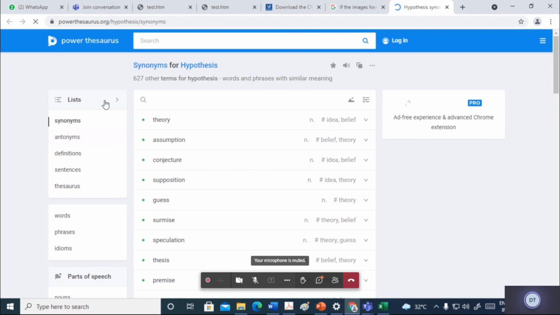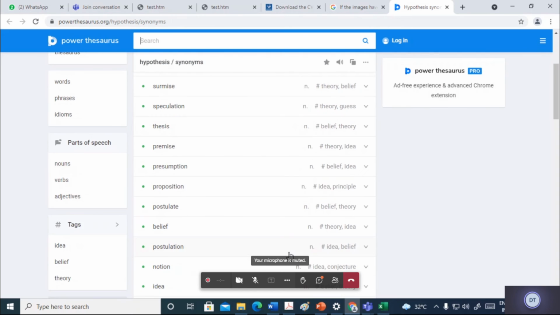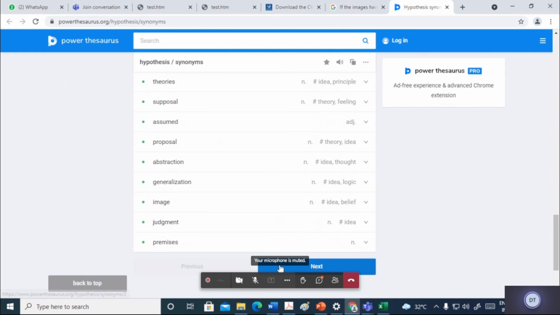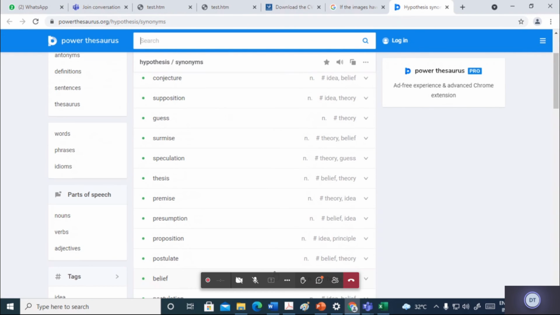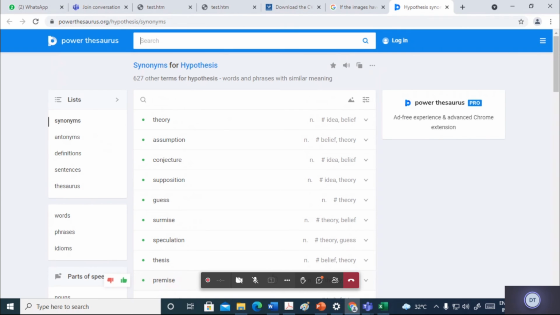So if you click on all, it will take you to the website for the synonyms of hypothesis. Okay, a very important and powerful feature, that it gives the similar words or a word that is against that word when you are writing something in the Word document.